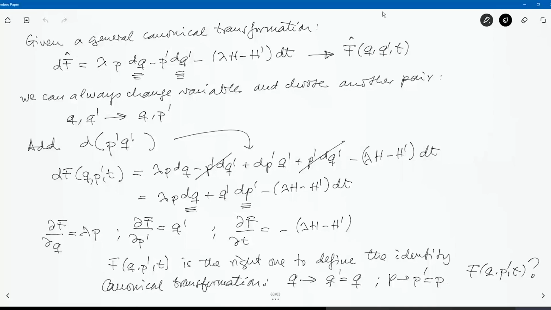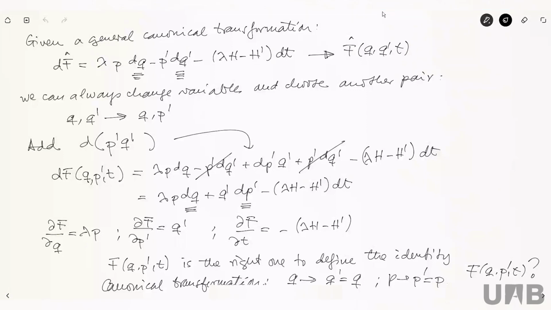Okay, good. So if you remember the last day, we were discussing the possibility to find the generating function of the canonical transformation which is the identity transformation. That means the transformation in which you change nothing. You go from Q to Q prime, which is the same as Q, and P to P prime, which is the same as P. And the reason why we want to do this simple thing is because we're going to start looking at small perturbations with respect to this identity canonical transformation.